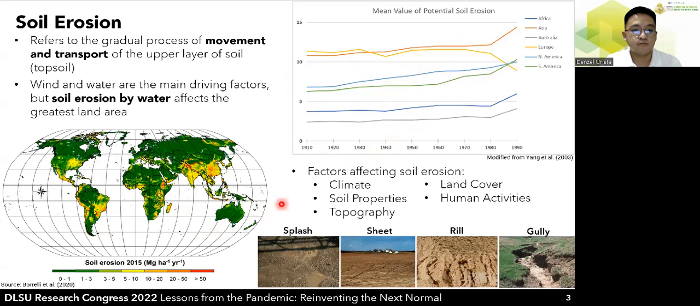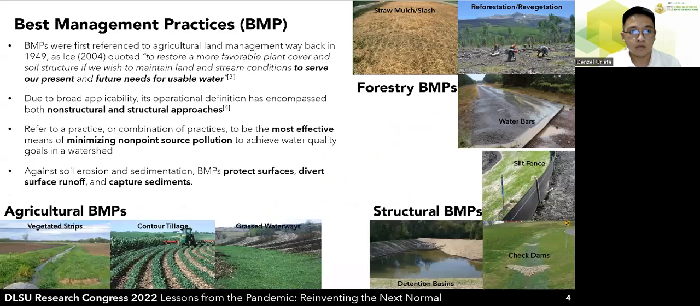And then this figure further supports that particular statement. Most of the Asian countries and other countries within the tropics are exposed to high soil erosion, as we can see in this figure. This implies the necessity of controlling soil erosion. And one of the most prominent approaches is called the best management practices. So the concept of BMPs was first ideated for agricultural land management way back in 1949, as quoted, to restore